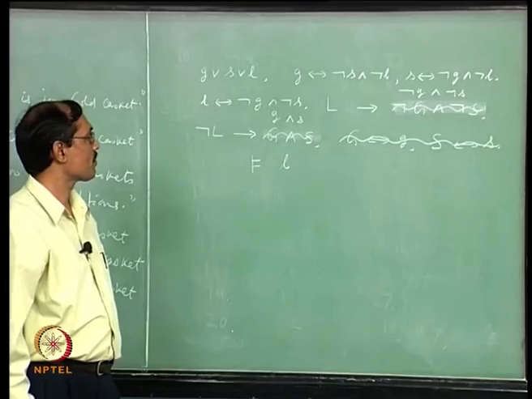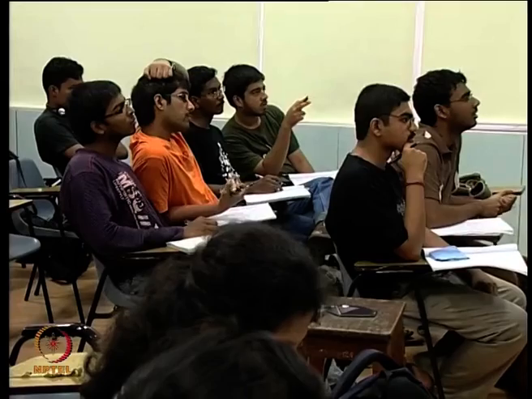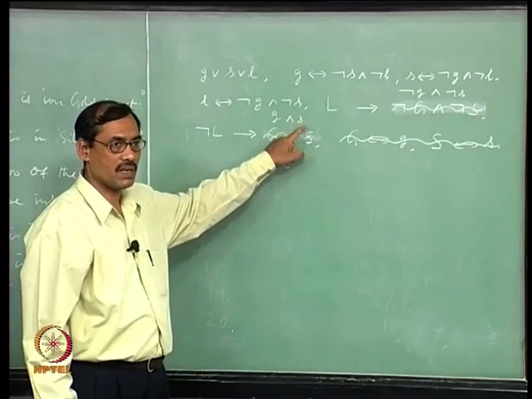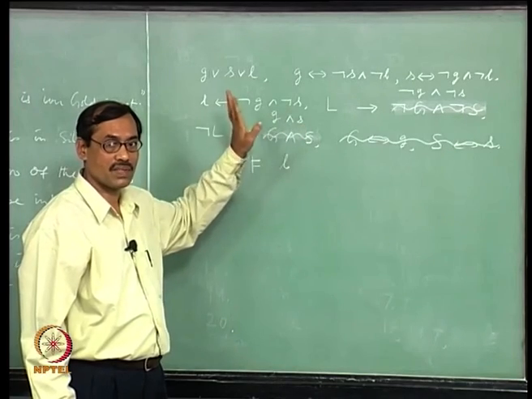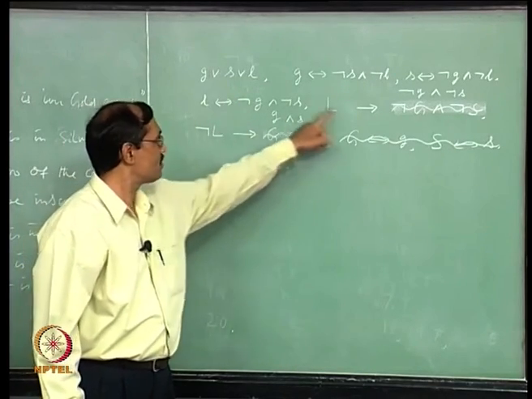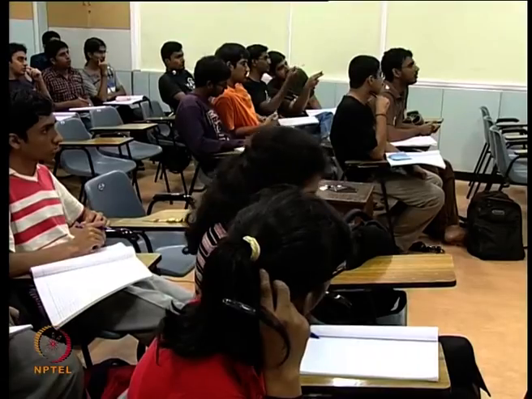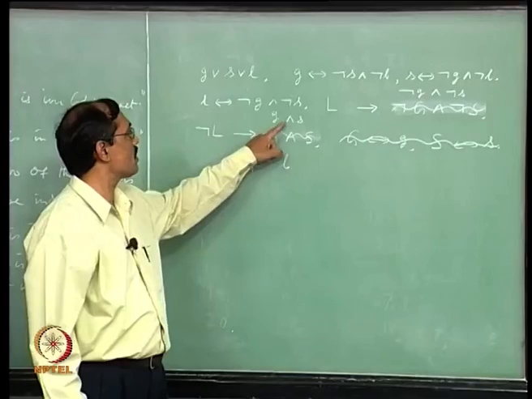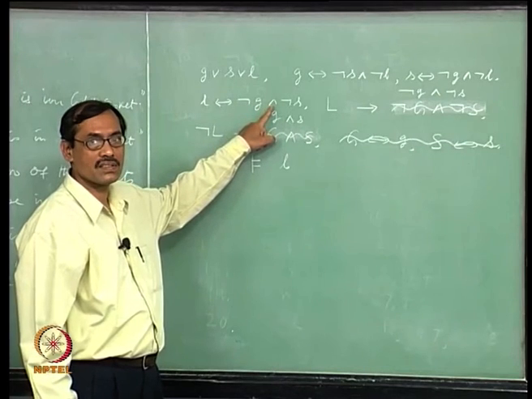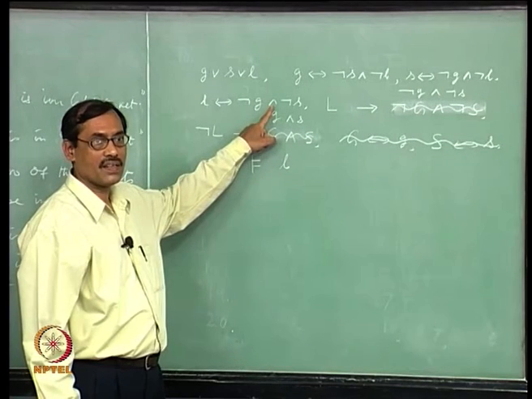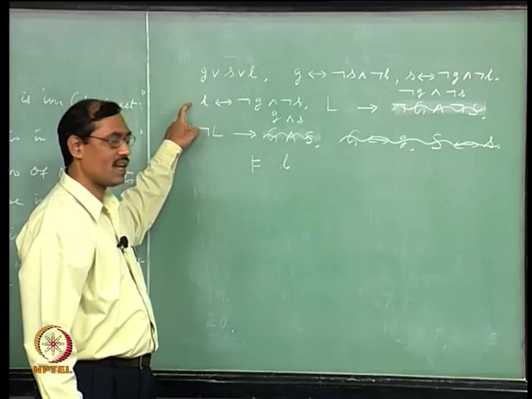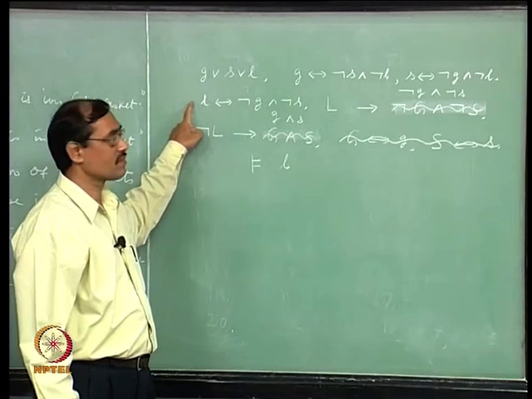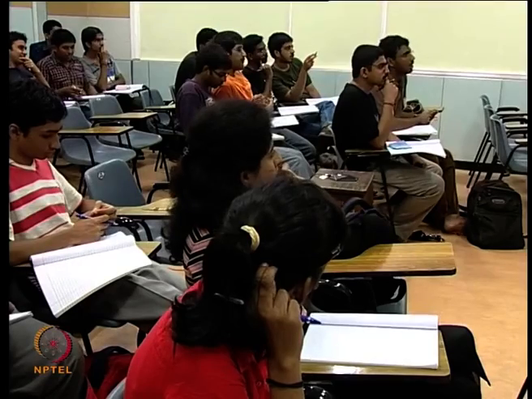G implies not S and not L. No, you have G and S, he says it is not possible. That is clear from the context also. Is it formalized anywhere? G and S will give not L, not small L. Yeah. G and S will give us not small G or S, right. By modus tollens it will give us not L. Then this not L, so not G and not S.